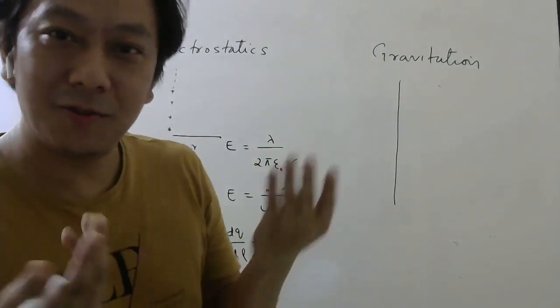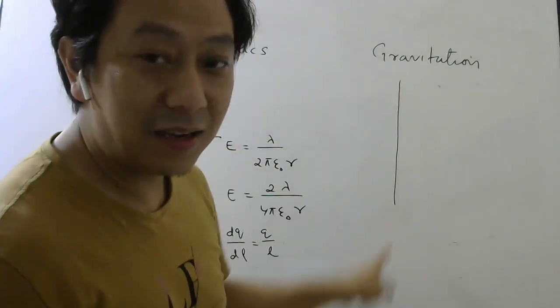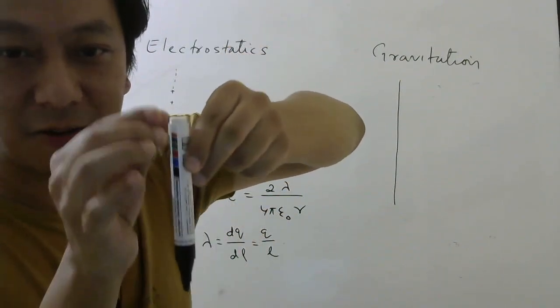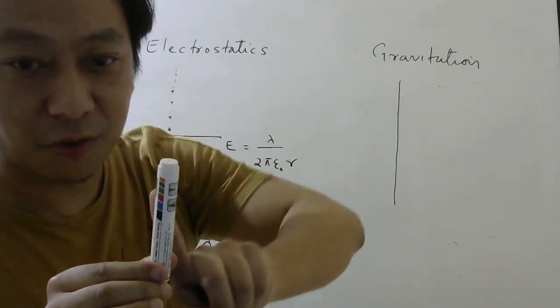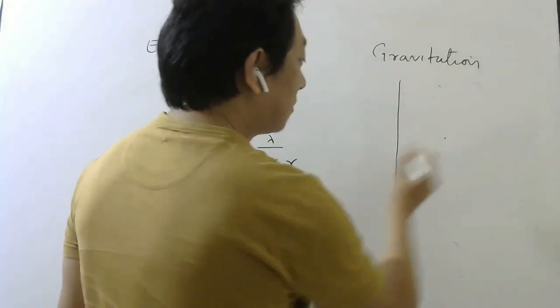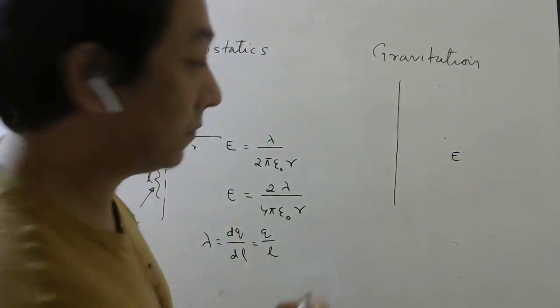To have mass, you just have to be. If you are, you have mass, right? So this line mass could be a wire, could be this pen also. Approximately, you can take this as a line mass, provided it is very long. So at this point, if you want to know the gravitational field,